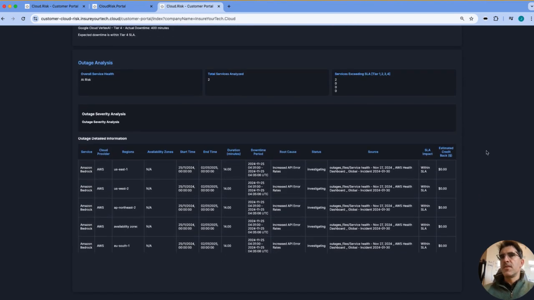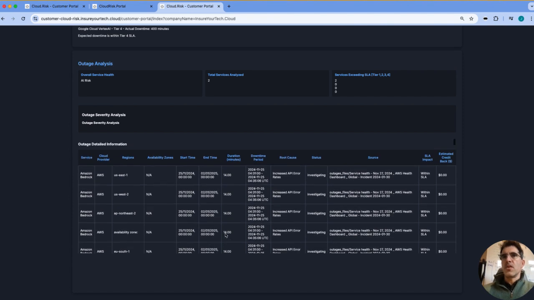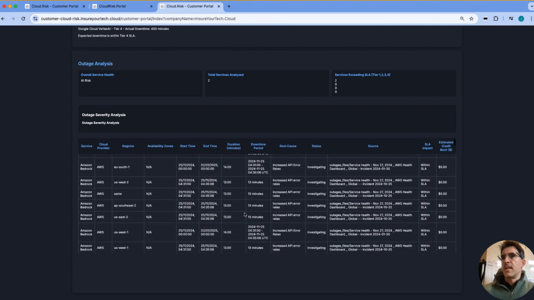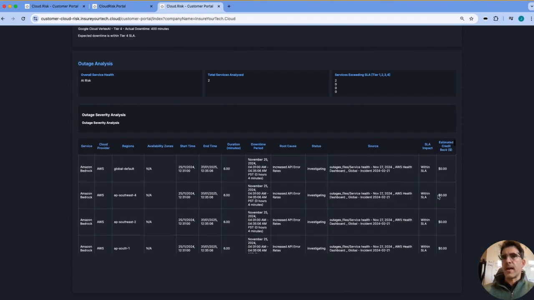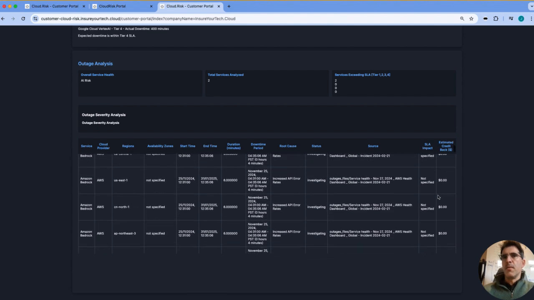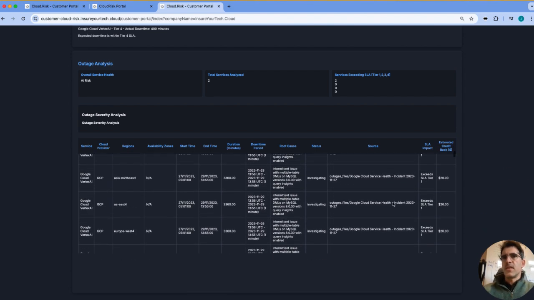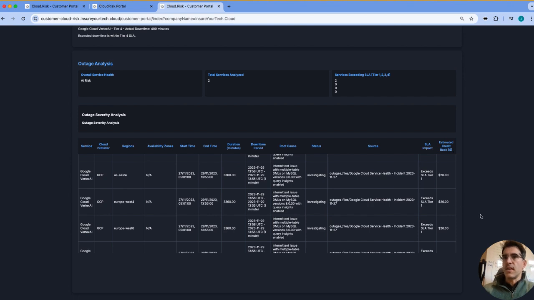Then the service tiers, and then when a service is not on a specific outage for a region, it's not under the SLA. You'll see here an estimated credit back, which might impact you. Example here, in Google Cloud Vertex AI for this US East 4, there was an excess of the minutes for SLA tier 1. So for every 260 pounds, you might be entitled to $26 credit back,